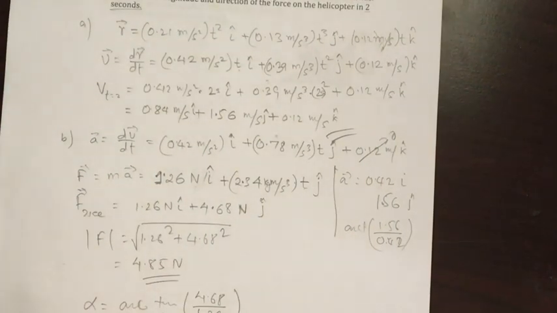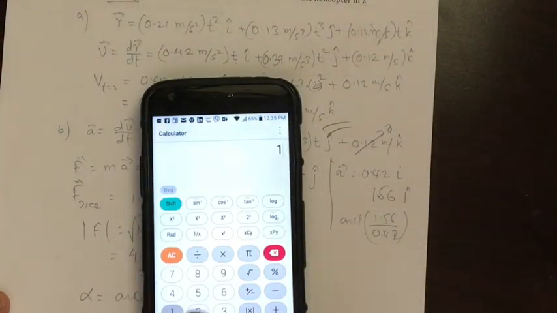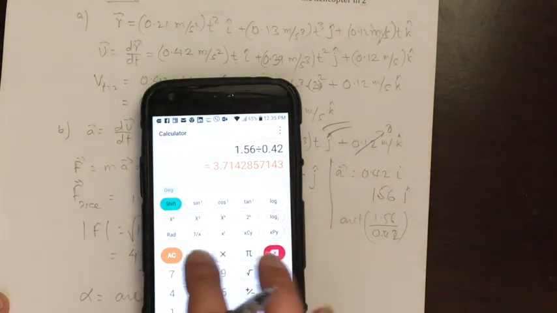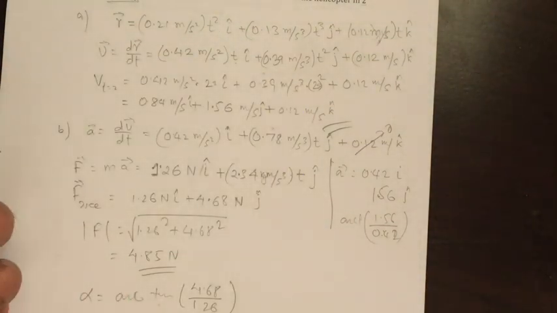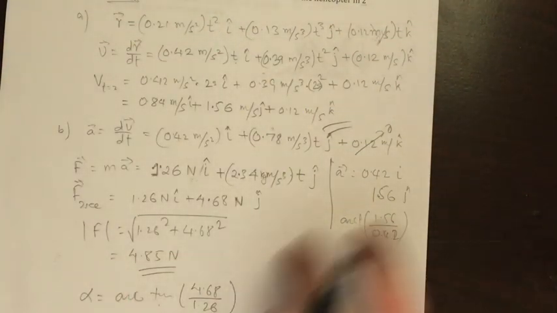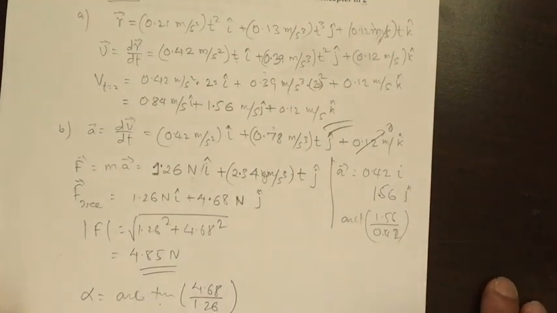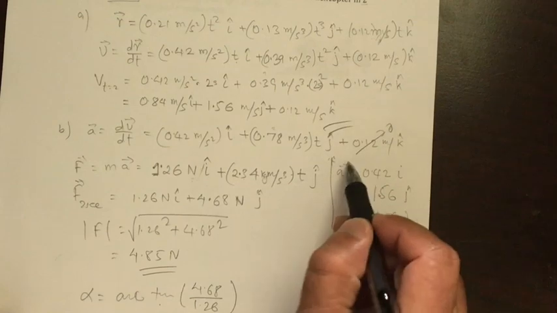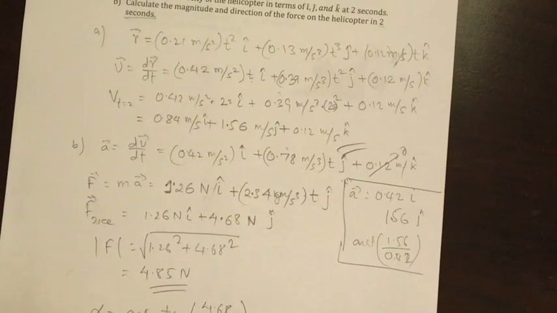All right, 1.56 divided by 0.42 is the magnitude. So this will be this one. When you do tan inverse of the answer, this will give 74.97. Oh, anyway, there's a decimal little opposite. So okay, you can do it this way. All right, so